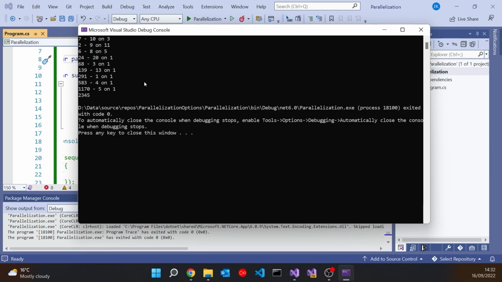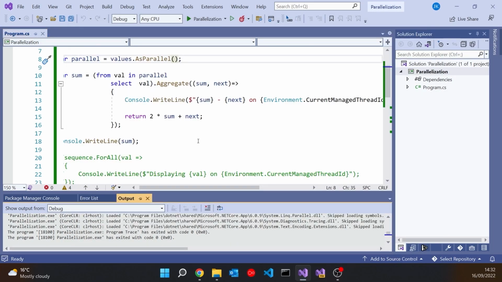So clearly that is not a very good idea to parallelize something for an aggregate function like this where the order is going to matter. And so it would be a better idea just to leave this one as sequential. There's no way really you can take advantage in terms of performance of parallelization if each step of your process has to be done after the previous step has been done. There's no opportunity for parallelization, so we might as well just do it in a non-parallel way.